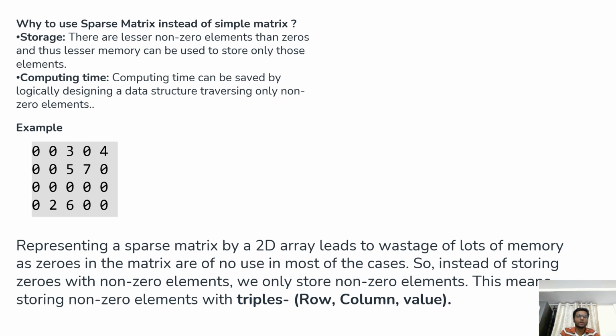Why use a sparse matrix instead of a simple matrix? First reason is storage. There are fewer non-zero elements than zeros, and thus less memory can be used to store only those elements. The next reason is computing time. Computing time can be saved by logically designing a data structure traversing only non-zero elements. Example is 00304, 00570,